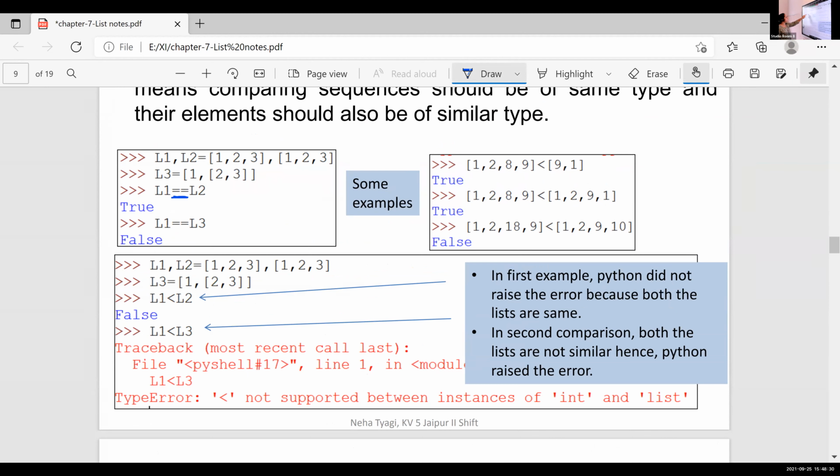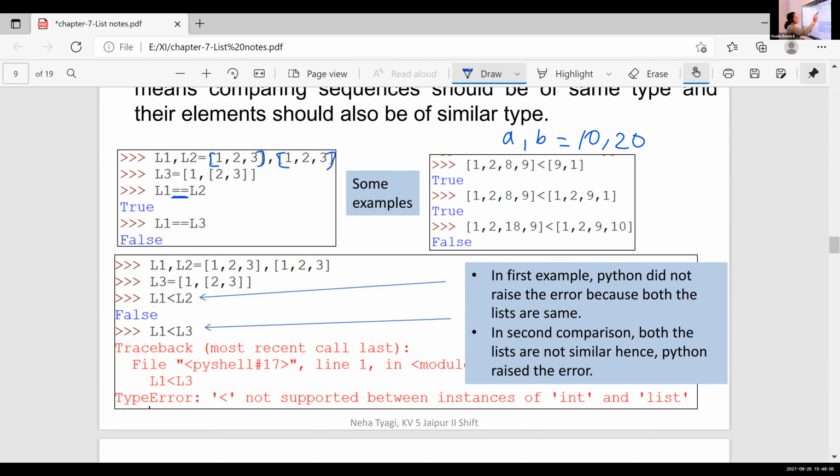Here L1, L2 is like multiple variables, multiple values. For example, A, B is equal to 10, 20. Multiple variables are there, multiple values are there. So the first value is assigned to A and the second value is assigned to B. That is multiple variables, multiple values.